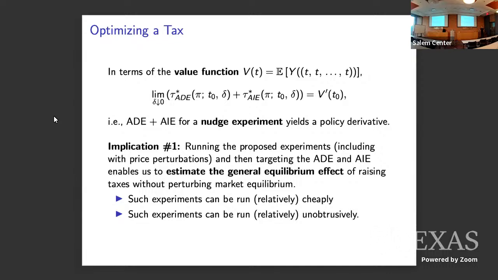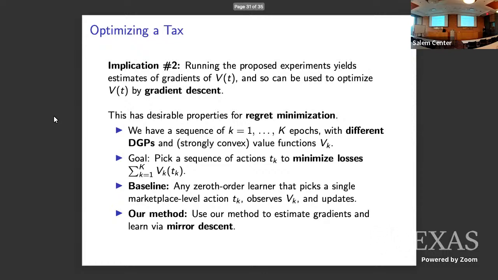So again, if you need to compare markets, so for example, different cities have different taxes and you need to compare across cities, there are only so many cities you can compare, so you're stuck with small samples. If you can run unit level experiments, you can have very small tax changes, but you have a huge sample size and still be well powered. So this is implication number one. You can estimate V prime T using tractable, unobtrusive unit level experiments.